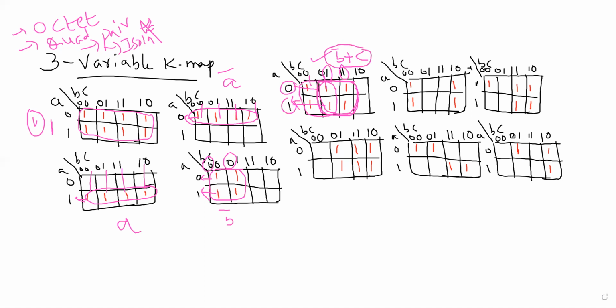Now if you observe this also, we are having two quads here. This is one quad and this is another quad. If you observe this quad also, the row is changing, but if you observe the columns here, this one is the same, therefore C plus. Now for this, once again the rows are changing from 0 to 1. If you observe the columns, which one is constant? B is constant. Therefore, this is the answer for that.